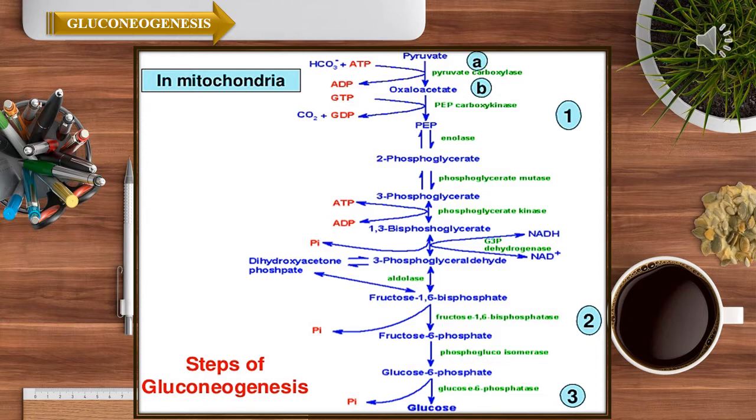Observe the ATP utilization and ATP generation. Here ATP will be utilized since it is a synthetic pathway of glucose, not an oxidation pathway. The ATP released in glycolysis will be utilized by gluconeogenesis to give glucose. So it comes under synthetic, anabolic pathways, where from non-carbohydrate sources we are getting carbohydrates.